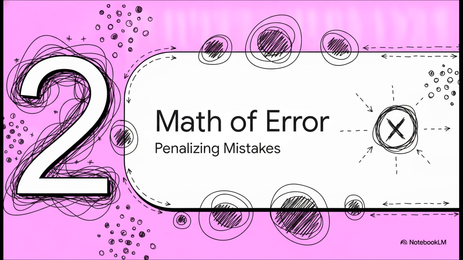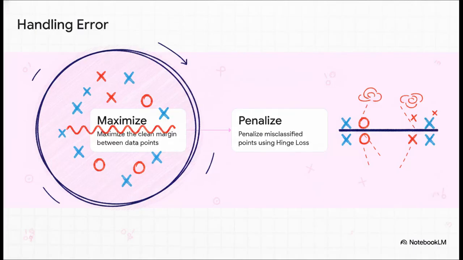But, as we all know, real-world data is rarely perfectly tidy. So let's talk about the mathematics of error and how we penalize mistakes. Dealing with messy data, outliers, overlaps, involves a brilliant two-step optimization problem. Step one is what we just talked about. The algorithm tries to push that boundary as wide as possible. But step two introduces a mathematical penalty system called hinge loss. This actively punishes any data points that cross over the boundary into the wrong territory. It's this constant, delicate balancing act between keeping the margin wide and minimizing the points on the wrong side of